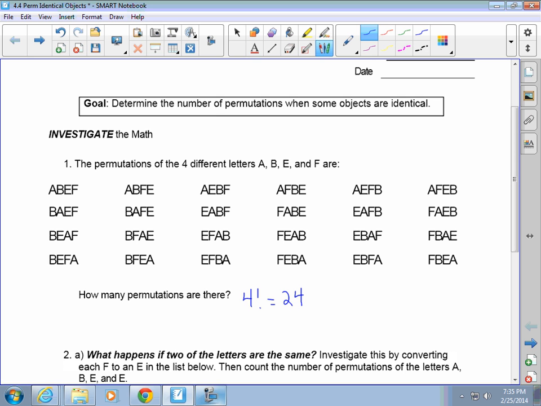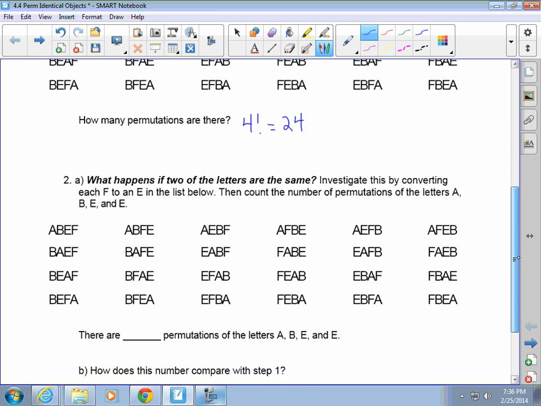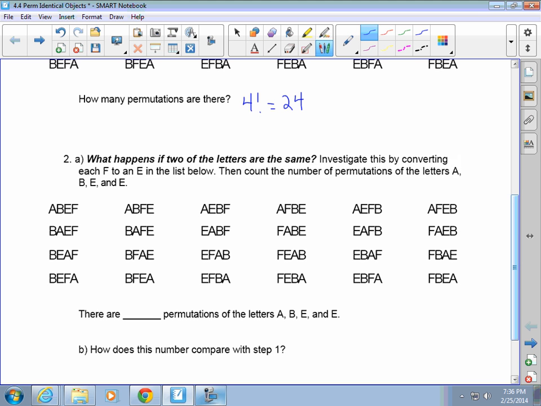So in our first spot we have 4 choices of letters to put in there. Once we've put that in there, in the second spot we've only got 3 choices of letters. Once we've used that one, then there's only 2 choices, and then there's 1 choice. So what happens if 2 of the letters are the same? Investigate this by converting each F to an E in the list below. Then count the number of permutations we have. So if every single F on here turns into an E,